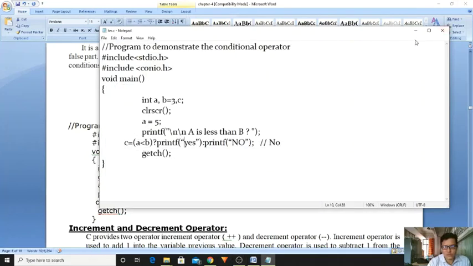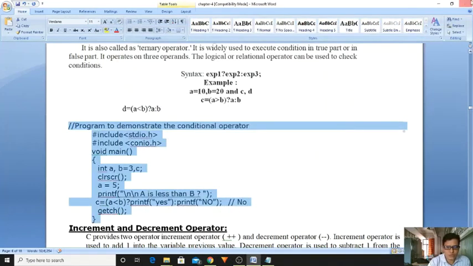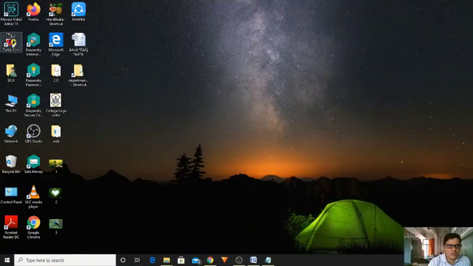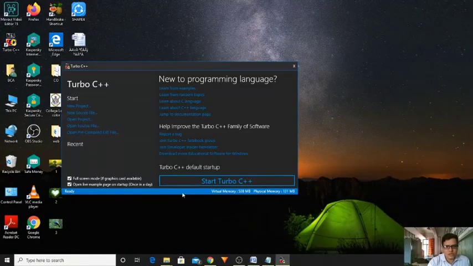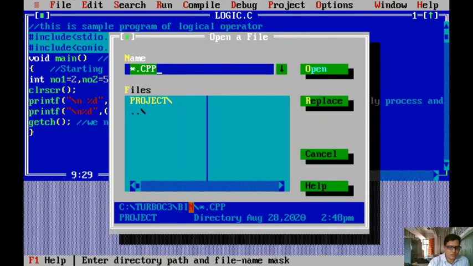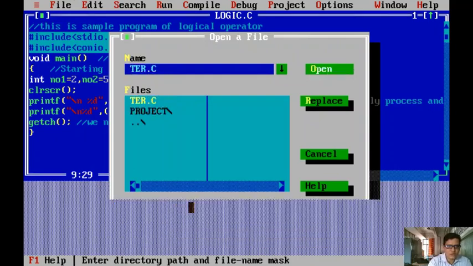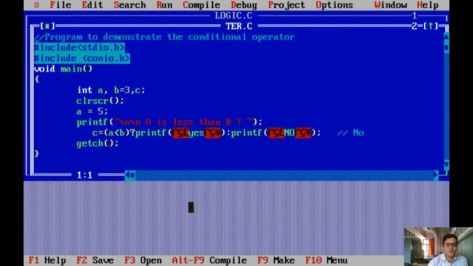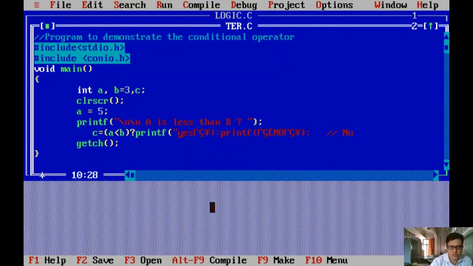Afterwards, minimize it and go to open your editor and start the Turbo C++ editor. Now I am opening my file. What is the name of the file? ter.c. Yes, if you see here, what is the mistake you are identifying? This is because the double quotation is inappropriate. If the double quotation is proper, then we do not have any problem.